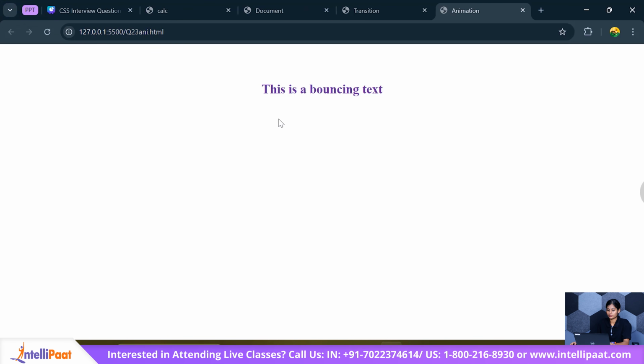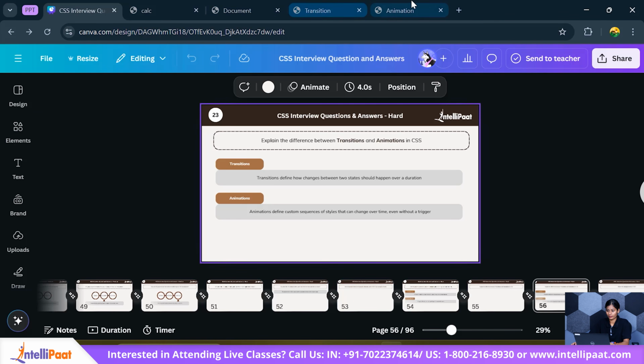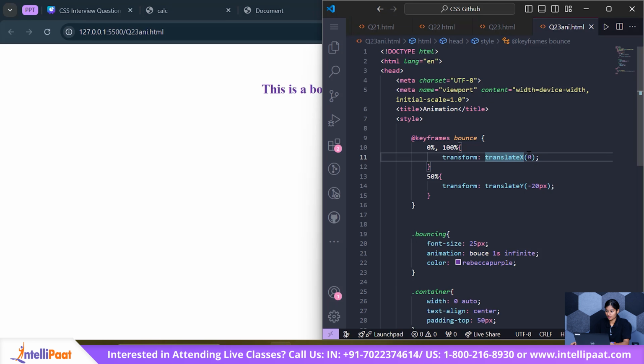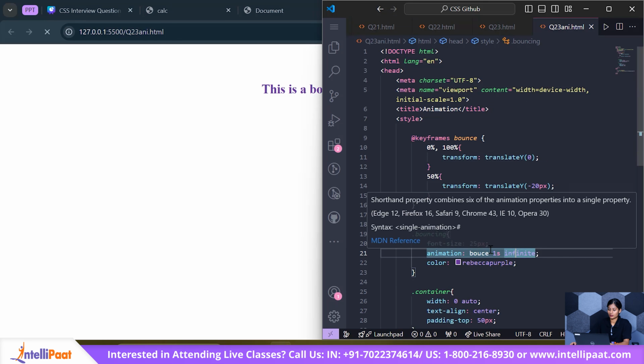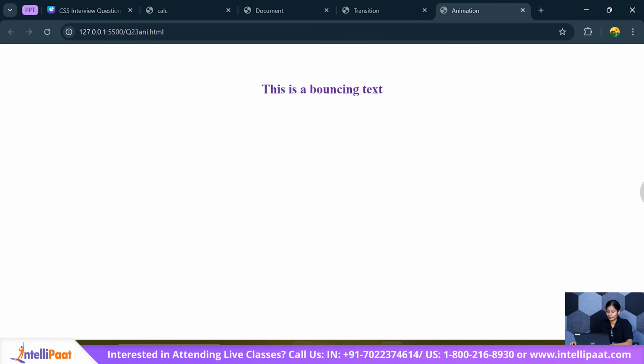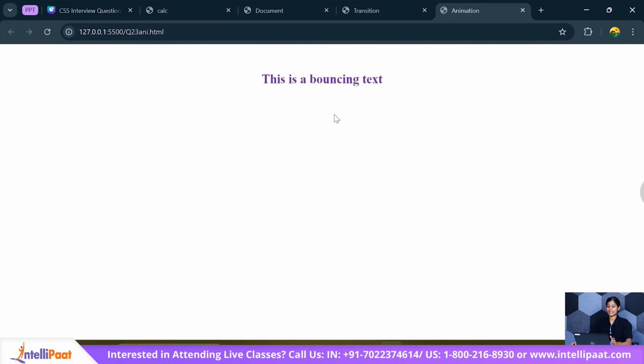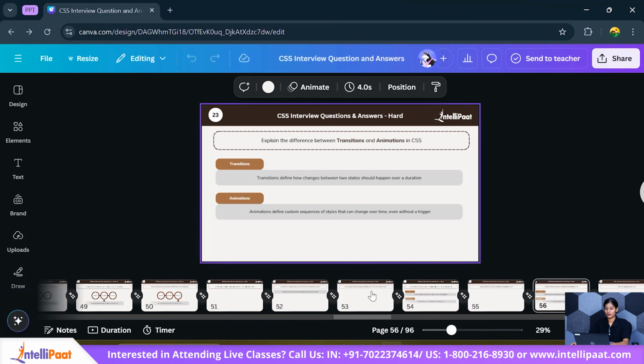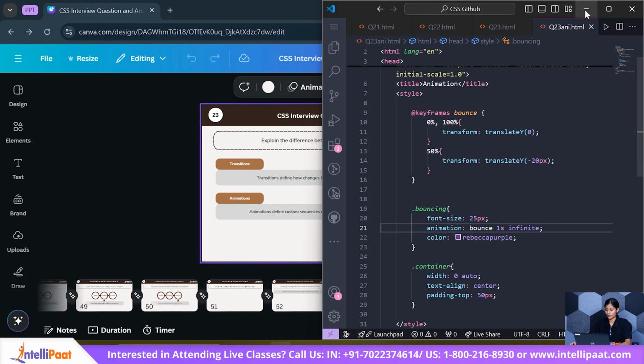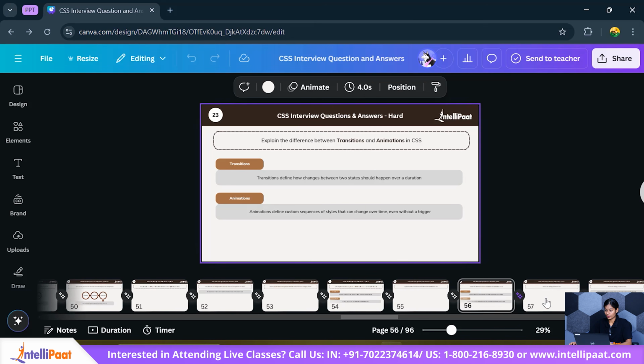Run this code. Okay, this was translate Y. The spelling. So you can see how the text is bouncing, and this is going on in a loop, and for that loop to happen we need that animation. So let me just close all of that, stop the port, and now let's move on to our next question,